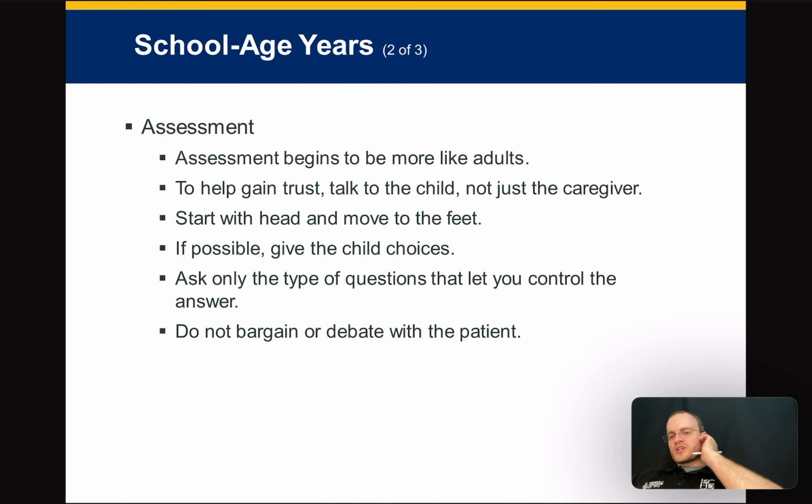If possible, give the child choices. One of the favorite things that we would do at Cooks is we would give children choices. We would say, okay, we have to go to this other room to take a picture, like do a CAT scan or an X-ray. Do you want to walk there? Do you want to ride in the bed, or do you want to ride in my wheelchair? What do you want to do, right? I didn't give them an option of not doing it, but I gave them an option of how to get there. And if they decide, oh, I've always wanted to ride in a wheelchair, then come on, let's go. It empowered them to make a choice.